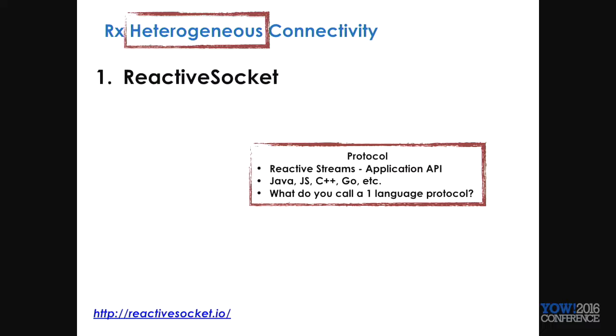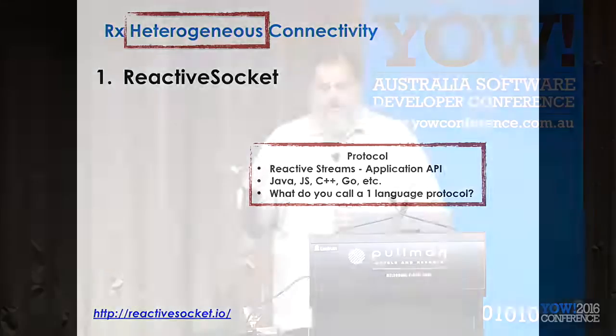The Reactive Streams API is what is assumed there, but there are different implementations. There's Java, there's JavaScript, there's C++, which is one thing I'll talk about. There's Go. And these systems are in production. Java is used at Netflix. Reactive Socket is used on the edge part of the Netflix API. Go is used at a few other places. C++, this project is going to be used by a very large user of this technology. So these are systems which are already being used and using things like Reactive Socket.